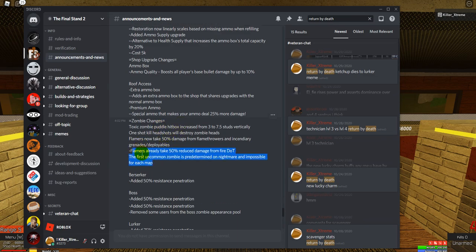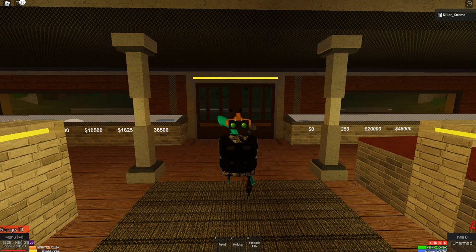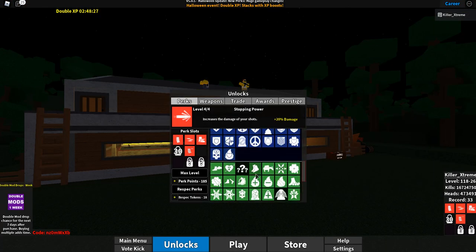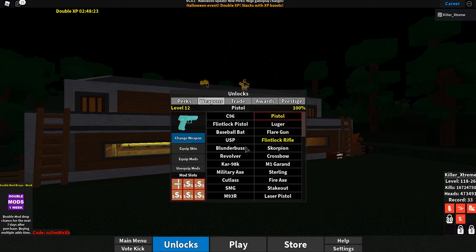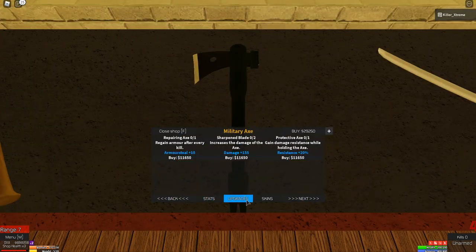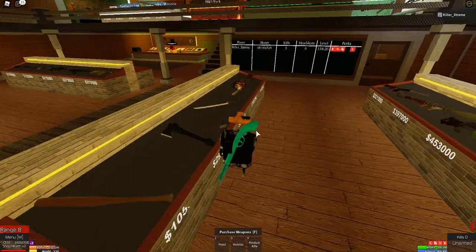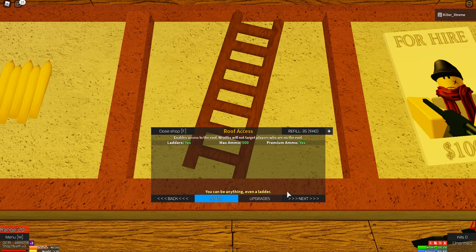Predetermined Berserkers. So the Berserker Zombie will ignore 50% of resistance. They have 50% resistance penetration. And I think what that means is that if you have resistance from stuff like perks or mods or upgrades on your thing, like the military axe having an upgrade to give you 20% resistance while you hold it, I think that means it ignores half of that. I do not think that it ignores armor resistance. I could be wrong though, and if it does,